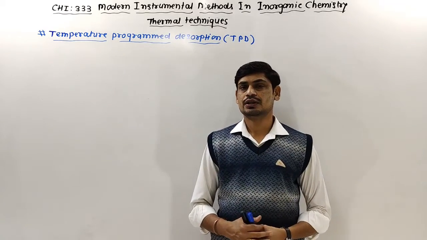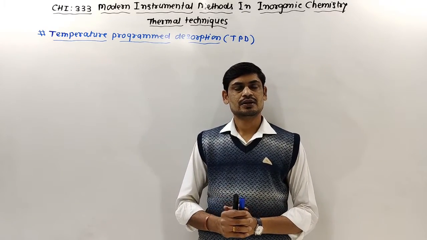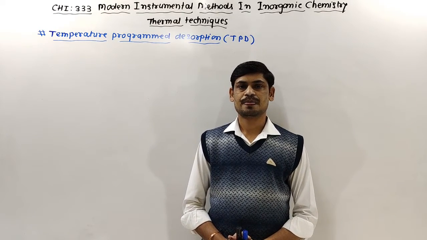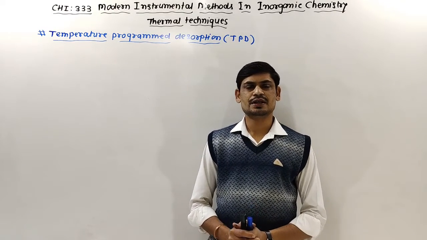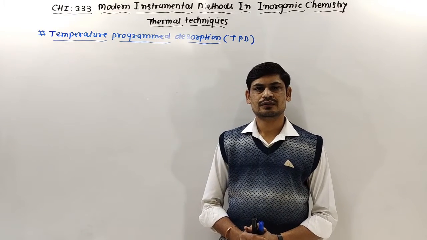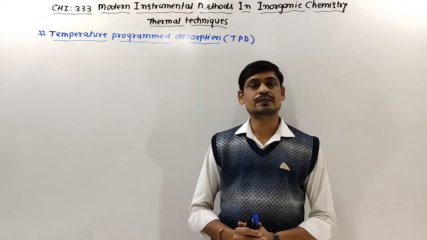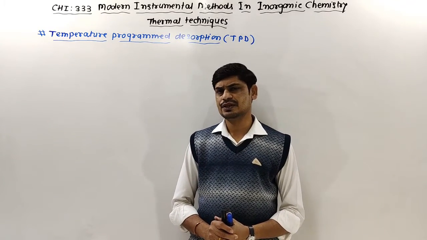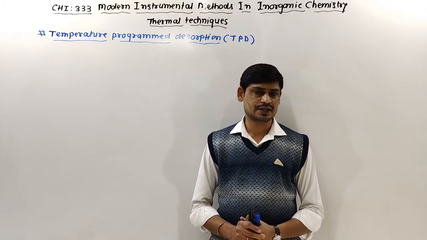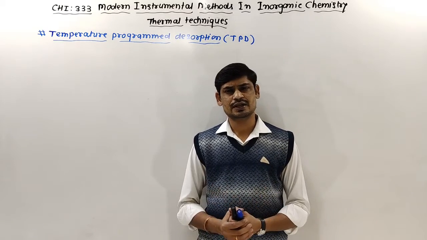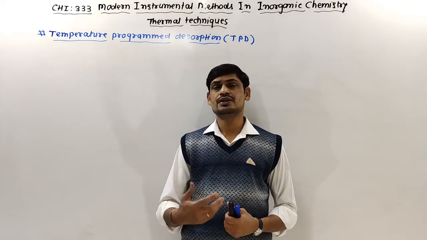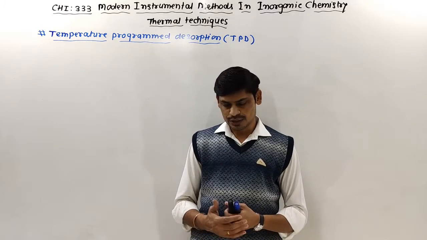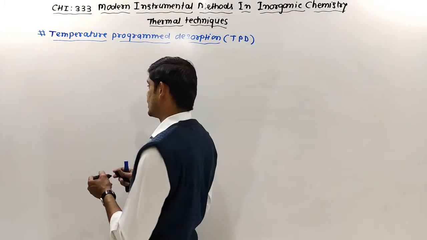So student, in fact, the experiment is carried out by a linear increase in temperature with a rate of 2 Kelvin per second to 10 Kelvin per second, or you can say 5 degrees Celsius per minute to 10 degrees Celsius per minute. The rate of heating will be varied depending upon the observation which we would like to note over here, and therefore we can write